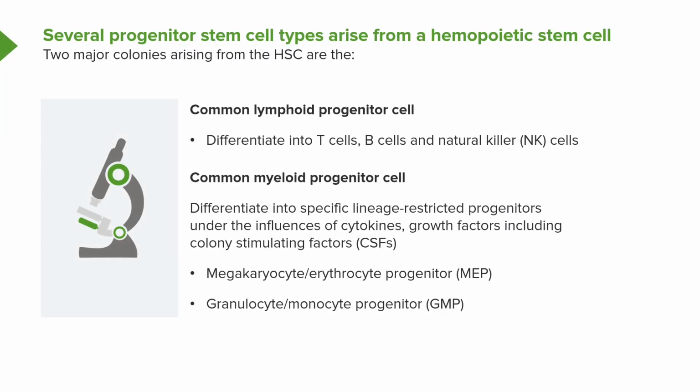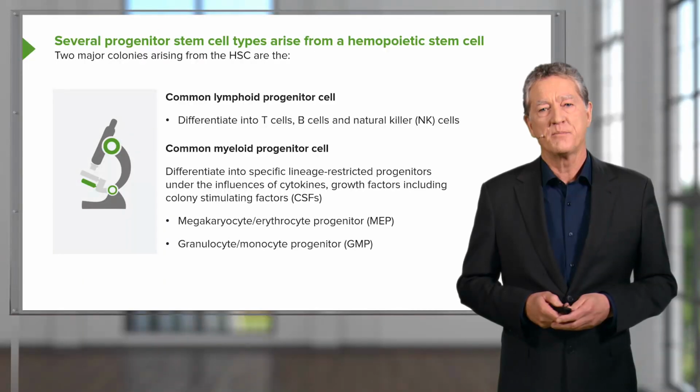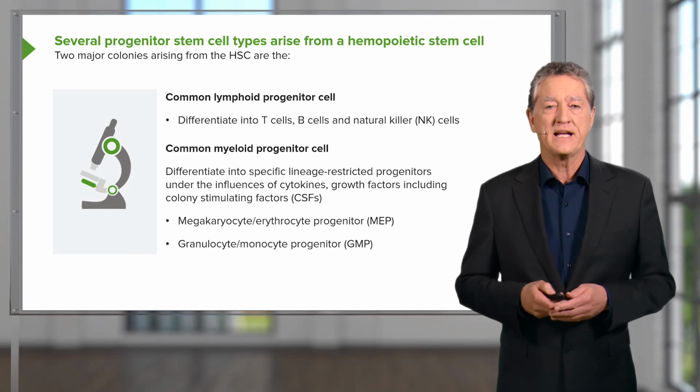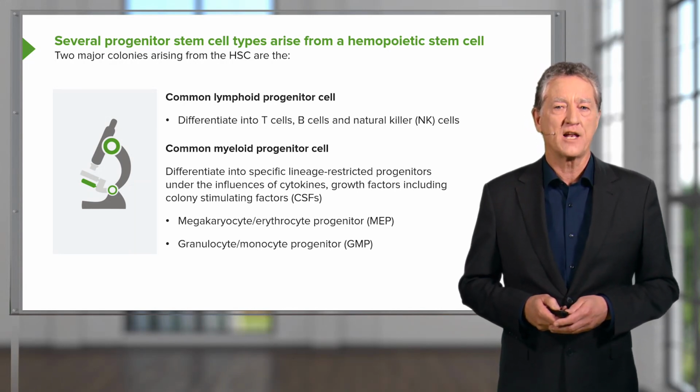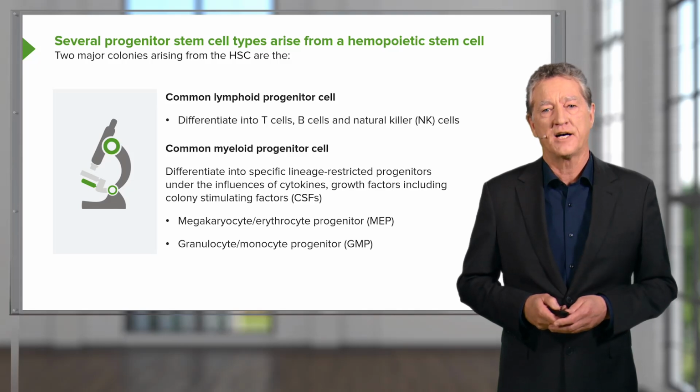Then there are the common myeloid progenitor cells, which have different progenitor cell populations that are then influenced by a number of factors that stimulate these lineages to go through various processes of developing into the various cell types. The erythrocytes, the white blood cells,